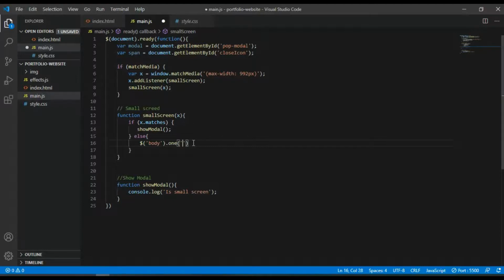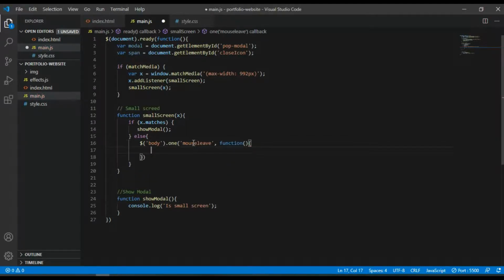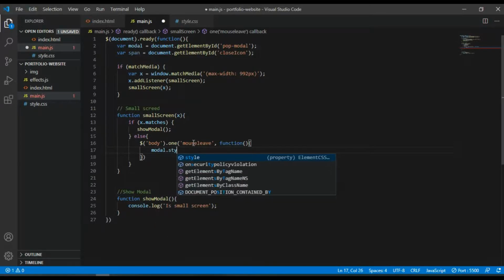In this case I want to check mouse leave. When the mouse leaves, I just want to run a function. The function is just going to start the modal, so I'm going to do modal.start.display equal to block.